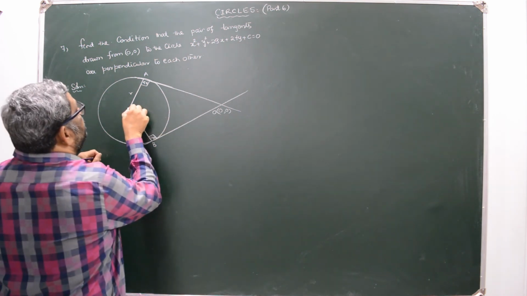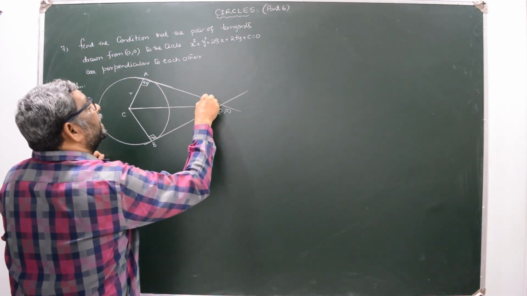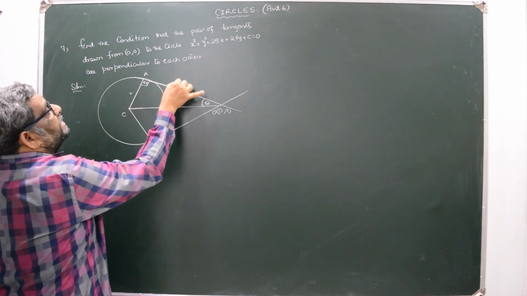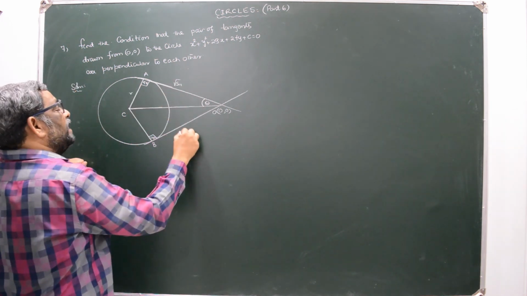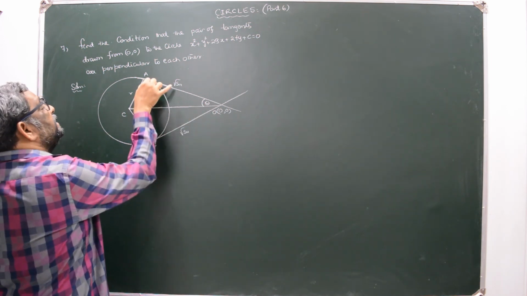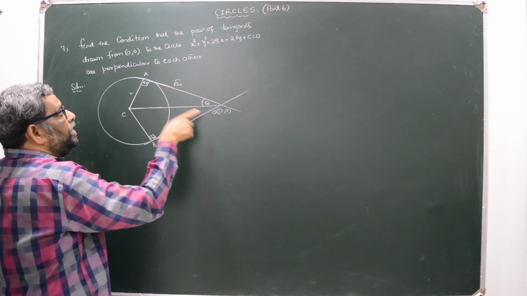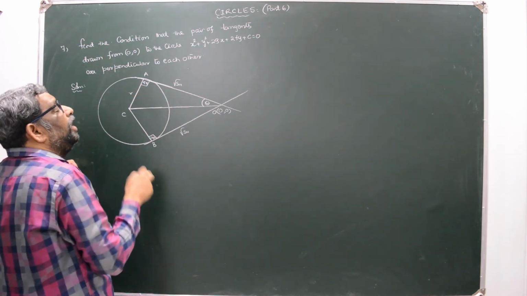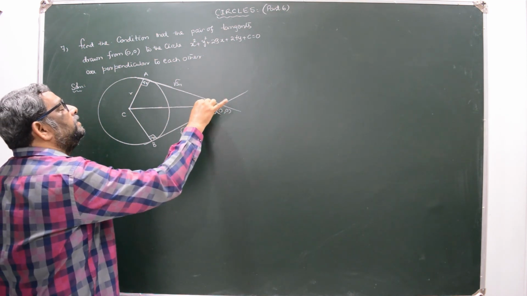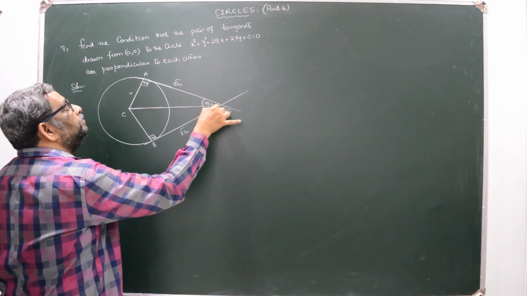I will join this OC. I will call this angle theta. Of course, this is R. This is root S11. This is also root S11. Therefore, this is a common side and this is 90. So, one angle and 3 sides are equal. Here also same. Therefore, these two triangles are congruent. So, if I consider this to be theta, this can be taken as theta by 2 and theta by 2.